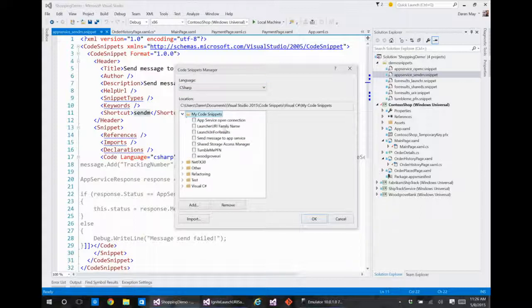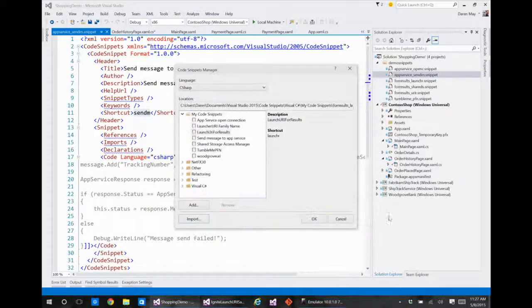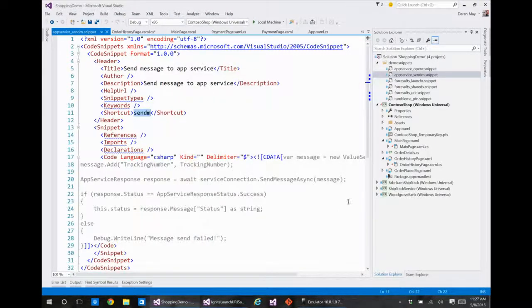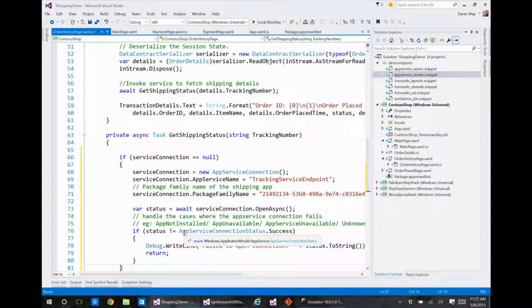And if you look at my code snippets, for example, these are those that I've just imported from this solution. Okay? If you want to bring in some, you just import, brings up a dialog, allows you to go to those XML files and you bring them in. And it's as simple as that. If you're not using them in your organization, I strongly suggest you do, especially if you want to template error handling and those kind of capabilities. It makes an awful lot of sense to do it, and it makes code reviews much, much easier if everybody's using the same code snippets. So I just throw that out there. Anecdotally, it's something that I find invaluable, especially in demo scenarios. And then anyway, you just type it and hit tab, and it puts in all this lovely code for you, typo-free.